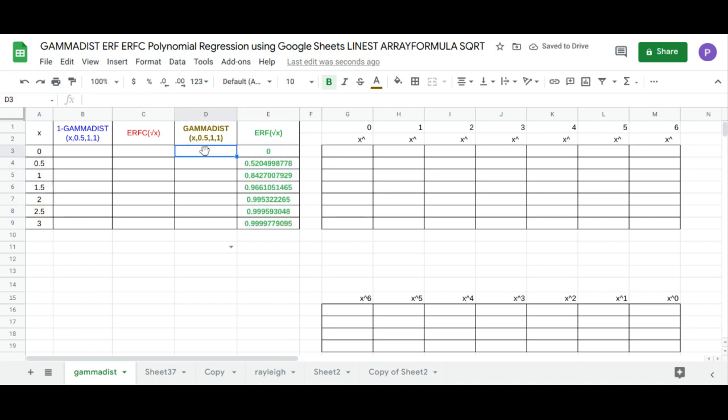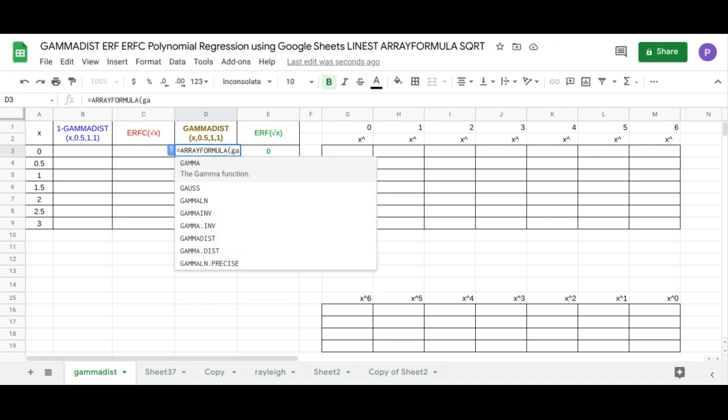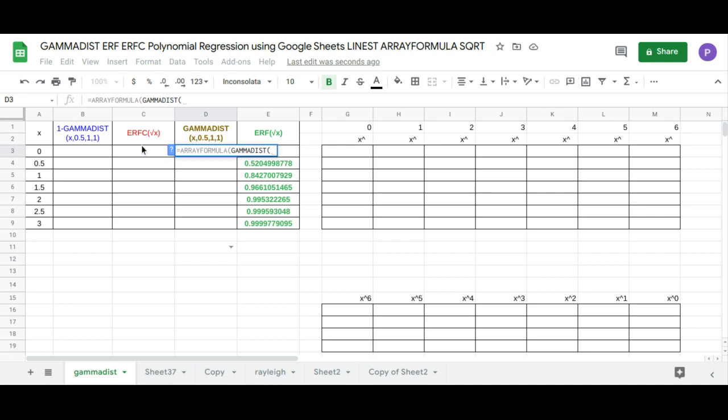and the GAMMADIST. So this is equal to array formula, GAMMADIST of the x values, where the shape is 0.5 and the scale is 1 and 1, because this is the cumulative distribution function,